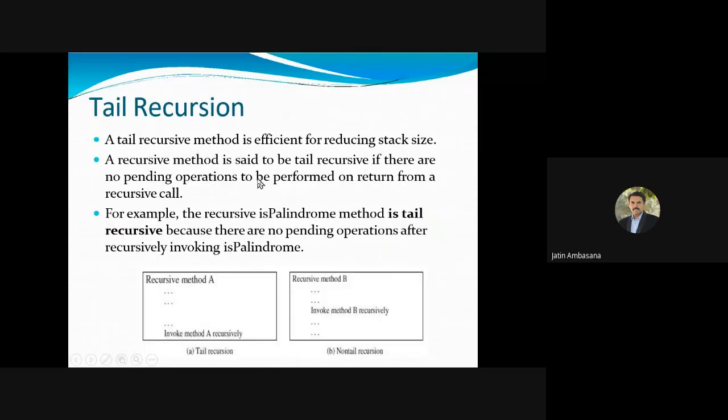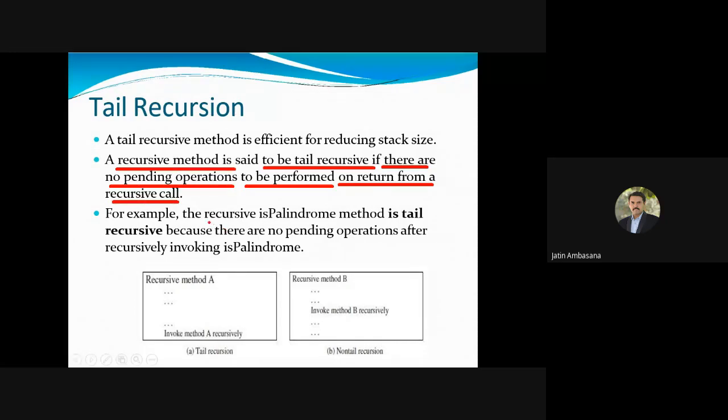Now there is something called tail recursion. What is tail recursion? If the tail recursive method is efficient, it's a method which is efficient for reducing stack size. How do we do that? A recursive method is said to be tail recursive if there are no pending operations to be performed on return from a recursive call.